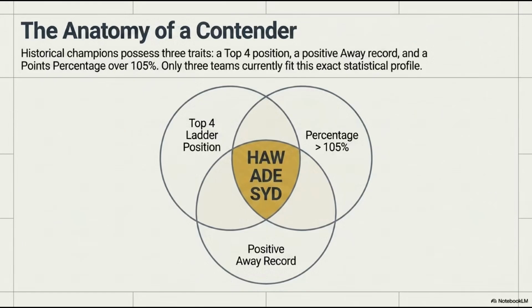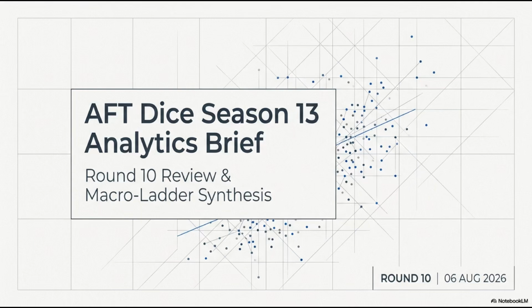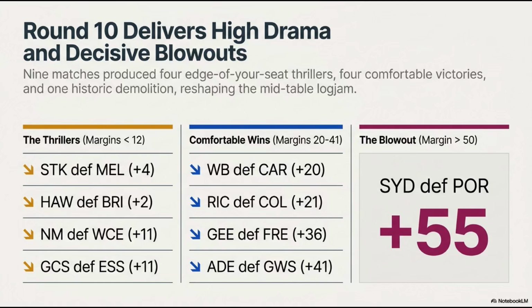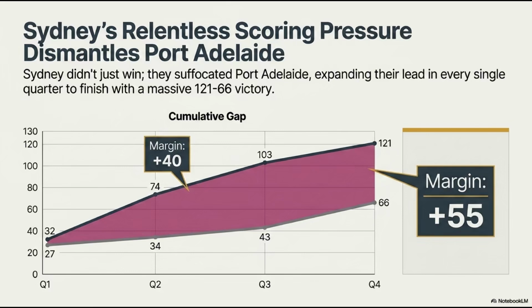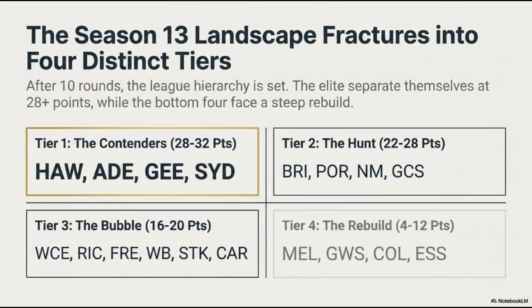Exactly. The strategies deployed here, whether a manager is exploiting the isolation of the MCG or surviving the algorithmic gauntlet of Marvel, will set the trajectory for the entire back half of Season 13. Everything hinges on this round. It does. If a manager correctly interprets how the simulation engine is handling that 4-game Marvel bottleneck, they can extract a mathematical advantage that could carry them to the playoffs. But, if they miscalculate the degradation modifiers, their season could effectively end right here.